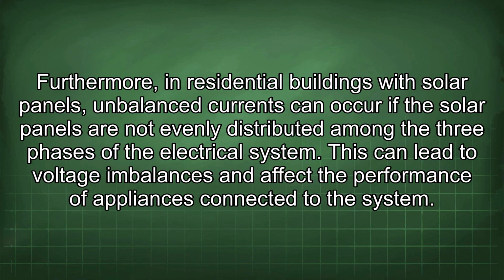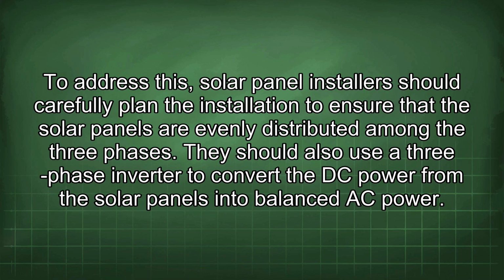Furthermore, in residential buildings with solar panels, unbalanced currents can occur if the solar panels are not evenly distributed among the three phases of the electrical system. This can lead to voltage imbalances and affect the performance of appliances connected to the system. To address this, solar panel installers should carefully plan the installation to ensure that the solar panels are evenly distributed among the three phases. They should also use a three-phase inverter to convert the DC power from the solar panels